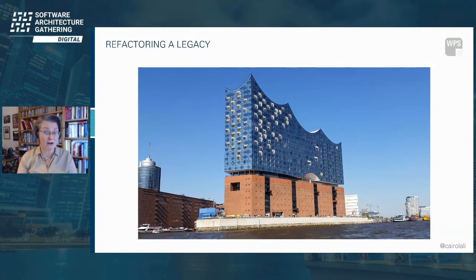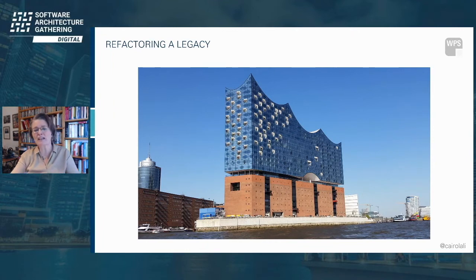The lower section of red bricks that you can see there was already in place when they decided to build the concert hall. This part is an old warehouse that was gutted for the construction of the Elbphilharmonie and integrated into the overall building. So to say, the overall building was built on top and inside. Can we do this with our software systems as well? Can we do such a wonderful refactoring? Well, fortunately, software is even easier to refactor than buildings due to its non-material nature.